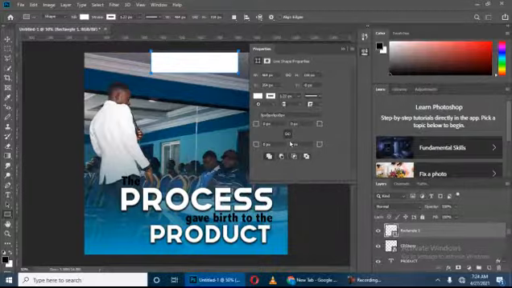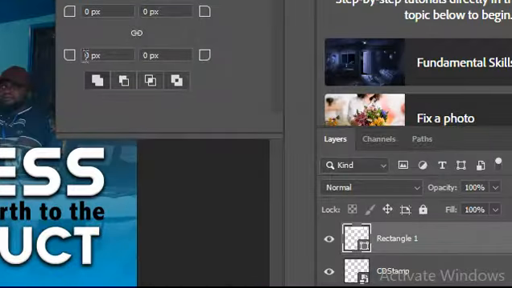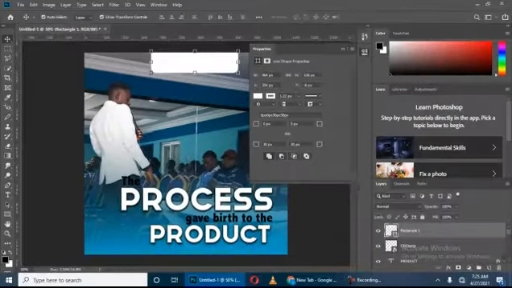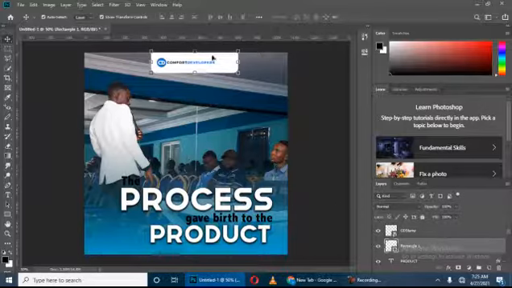Now the edges, you have to unlock this. I want 30 pixels. Every rectangle box has 4 edges, 30 pixels too. Now if you look, this thing has covered the name. So I'll just drag this one down a little bit so that the arrangement of the layers